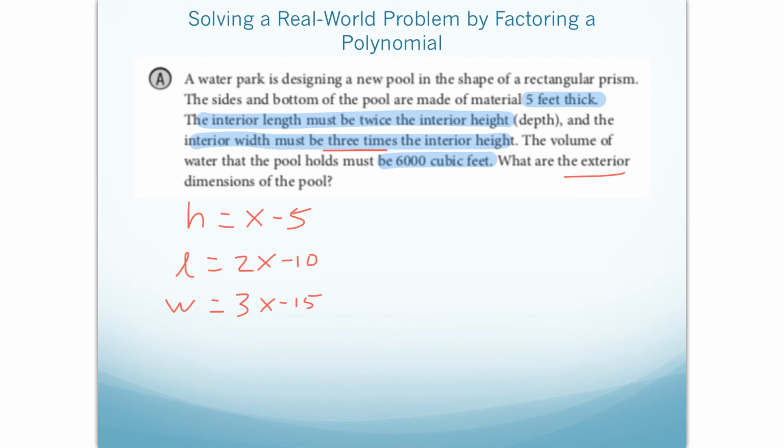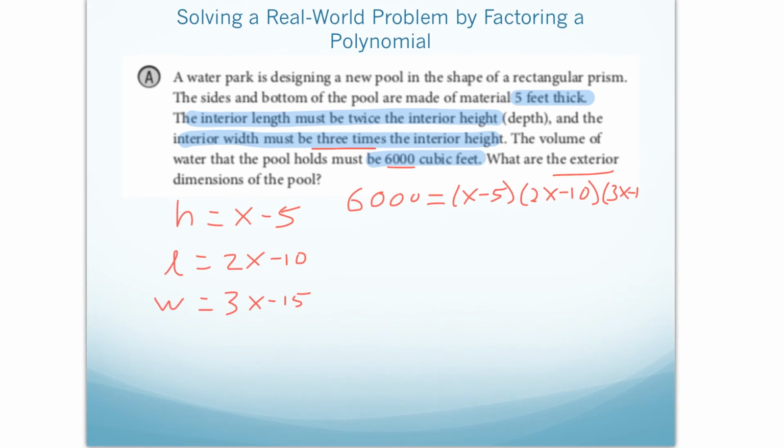So now we want to find the volume of this, set equal to 6,000. So we're going to take 6,000 equals all of these factors multiplied together. Okay, so now we need to multiply these out. So we'll multiply these out first. So we would multiply these out, and then we'd multiply it by the third factor. And once we multiply all of that out,